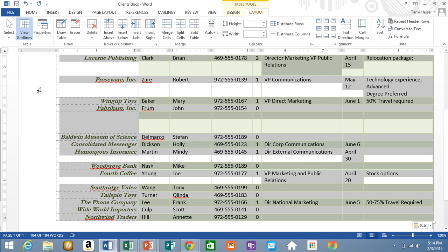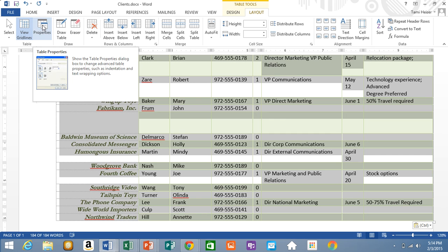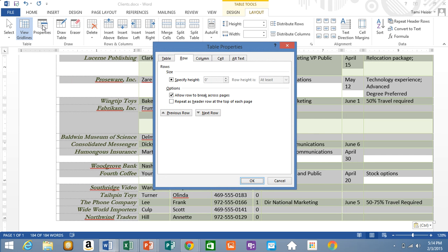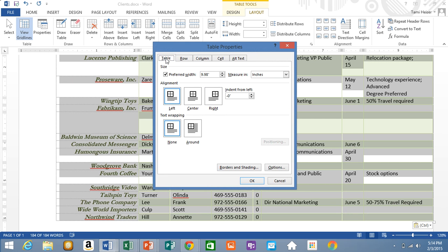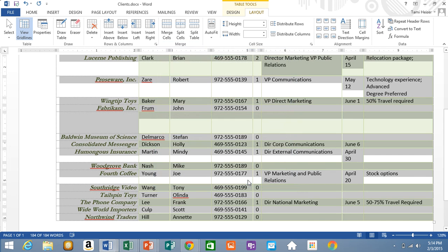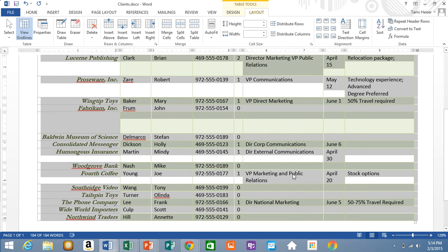In the Layout tab in the Table group, click the Properties button. So here's my properties. The Properties dialog box pops open. Click the Table tab. In the Alignment section, click Center, so I can center all my text this way. Click OK. The table now is centered horizontally on the page. So it's centered equally between my right and left